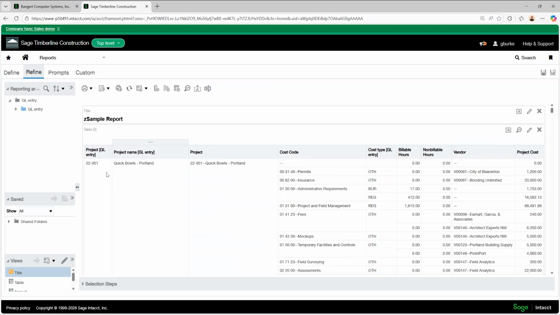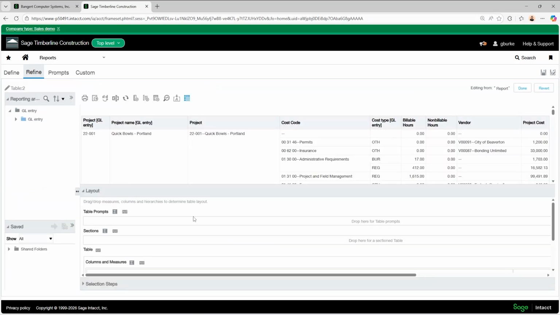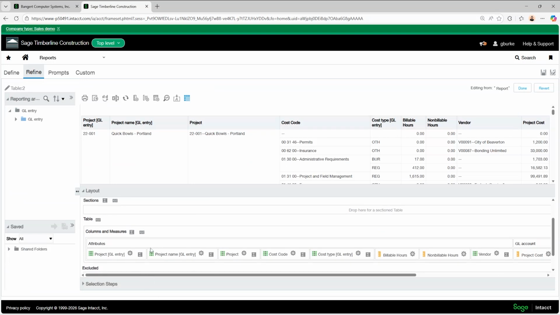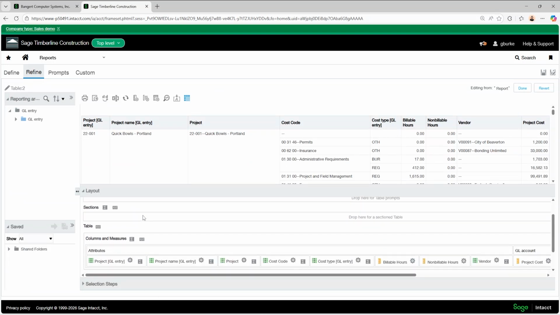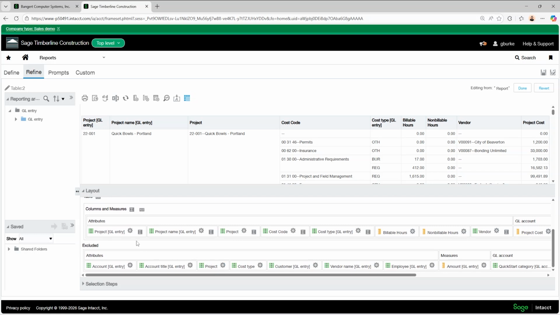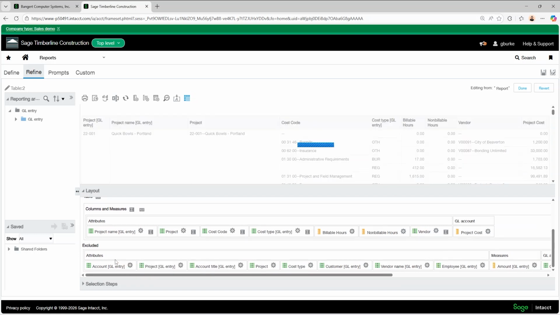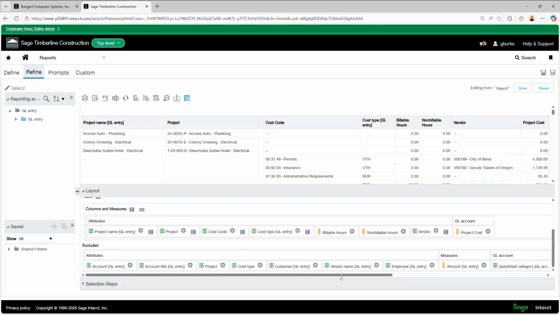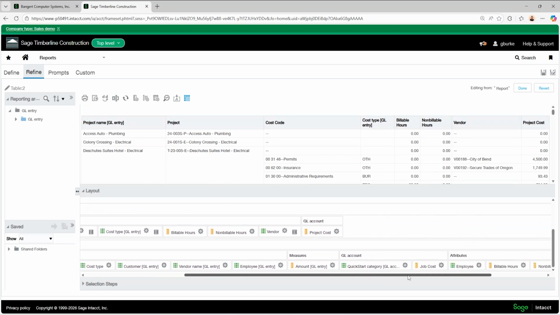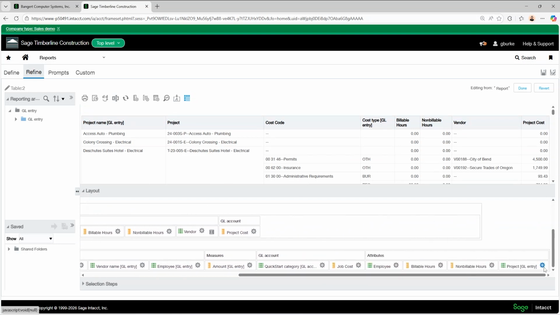I can go ahead and get rid of these. So go ahead and click on my ruler. And once I do that, then I'll have this layout section where here I have a couple different options. I can drag it down to excluded, and then the column won't appear on the report. Now, to clean it up though, I think I'm just going to actually instead remove it because I already have that project ID as part of this project column. So I'll come down here and instead choose remove column.